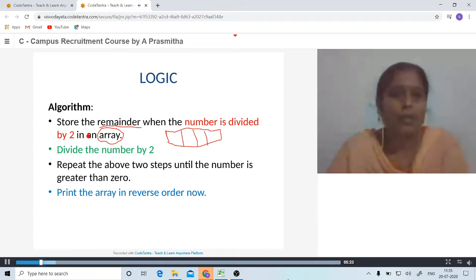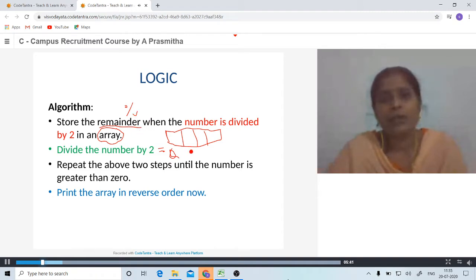Now the number is again divided by 2 so that you get the next number, which is the quotient. For the remainder, you have to use the modulo operator. When you want the quotient, you have to use the division operator.